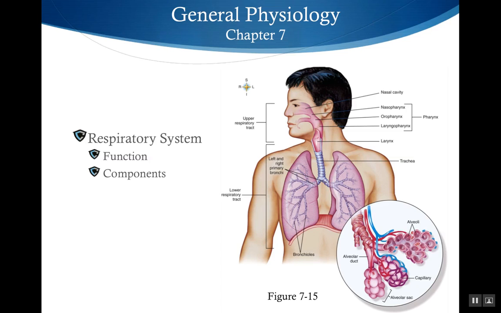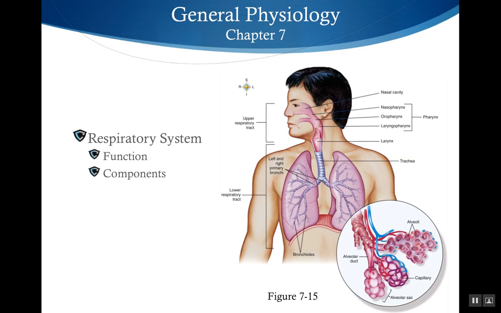So after the nasal cavity, the air continues to the pharynx, as you can see right here. The pharynx is also called the throat. Okay, the pharynx has three divisions. You've got, as you can see here, the nasopharynx, the oropharynx, and the laryngopharynx. The nasopharynx is part of the pharynx that is located right behind the nose, and it's above the soft